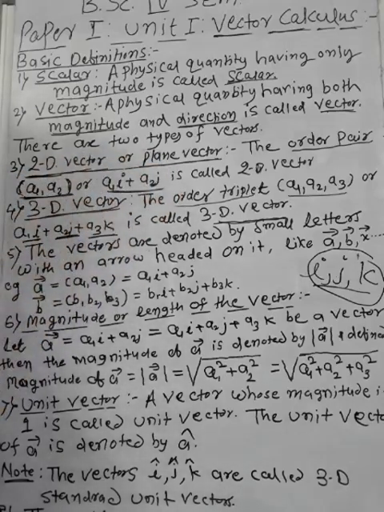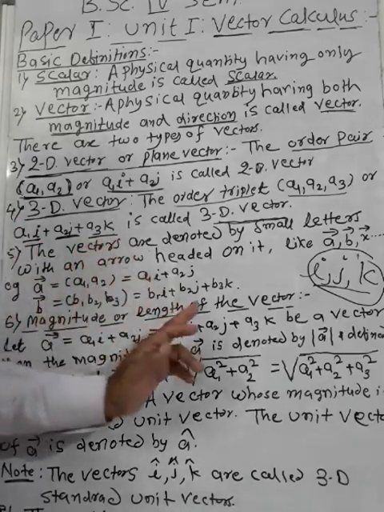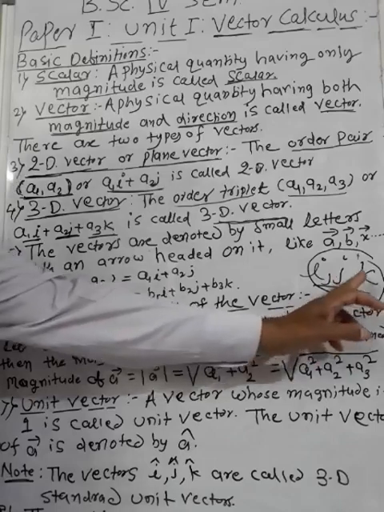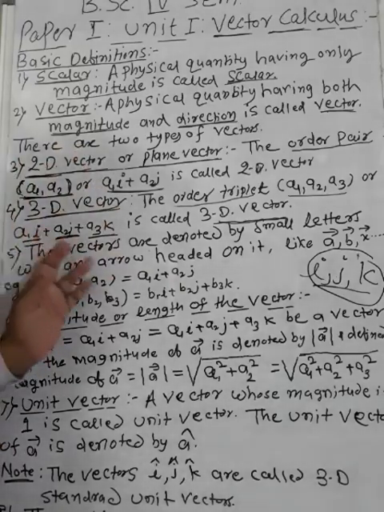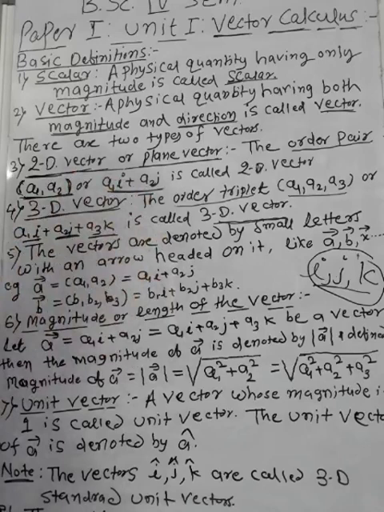And that is, there are two types of vectors, where you remember that we can consider the expression in terms of unit vectors i, j, k, and whatever we have as an expression in terms of unit vectors i, j, k, that expression is always called a vector. It may be a 2D vector or it may be a 3D vector. That is the types of vectors.